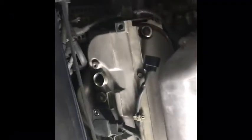And then that's it. You have to put this back in, go all the way into the back of the radiator, and drop it in, line it up, and then put your Allen key bolt back in as much as you can by hand. You want to do everything as much as possible by hand. You don't want to use all the tools